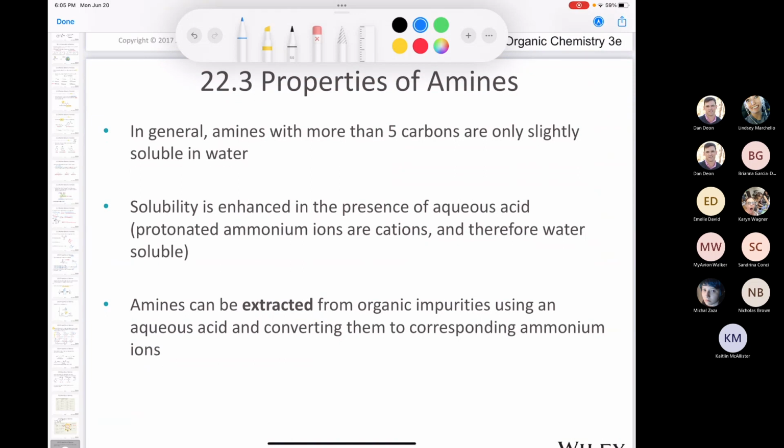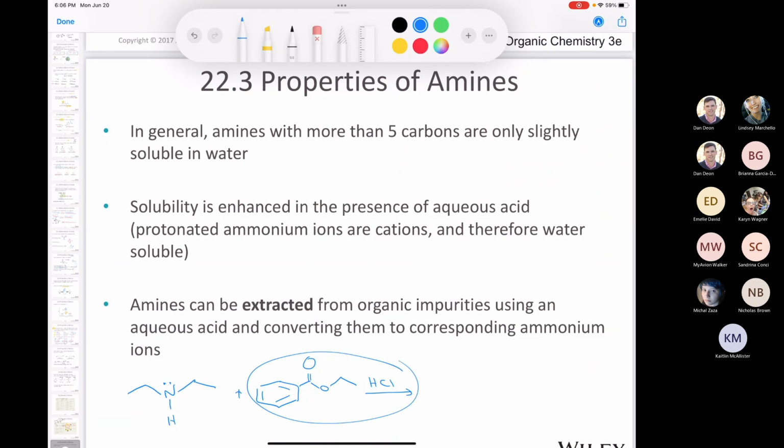Let's imagine you have a mixture of something like diethylamine. Let's draw diethylamine, which is this compound. And let's say you have that mixed with some kind of organic compound, some kind of ester. Let's draw ethyl benzoate. So you have some ethyl benzoate mixed with the amine. If you subject both of those to a little bit of aqueous HCl, let's say 1 molar HCl,